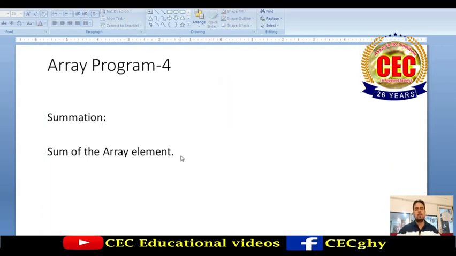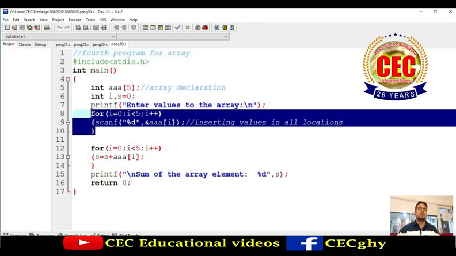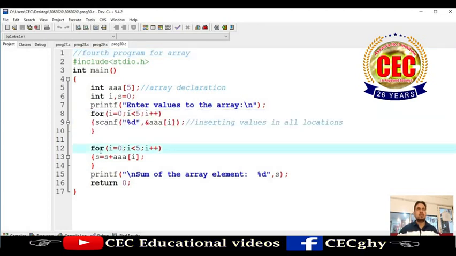Okay, now what we will try to do is find the sum of all the array elements. For that also I have the program. It is the same as the previous one I told you. So here s equal to 0, I am putting it initially, it is good practice to put 0 in any variable initially. As previously, I am taking the values from the keyboard.